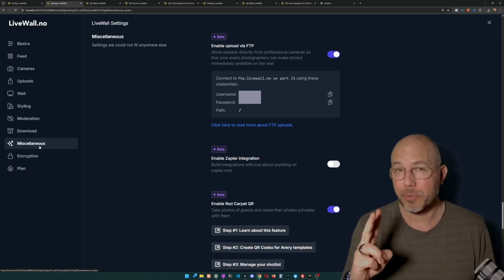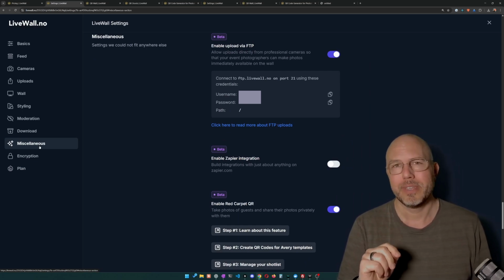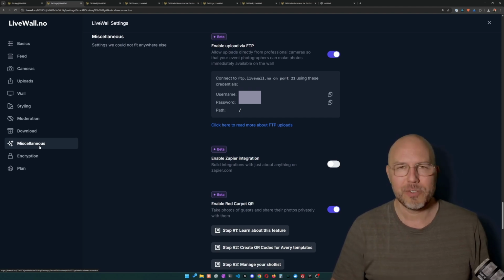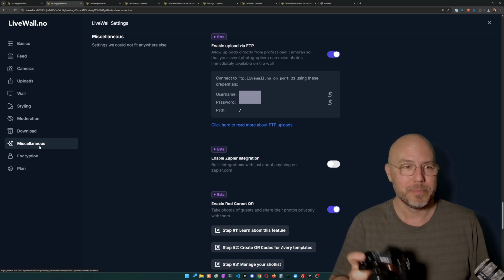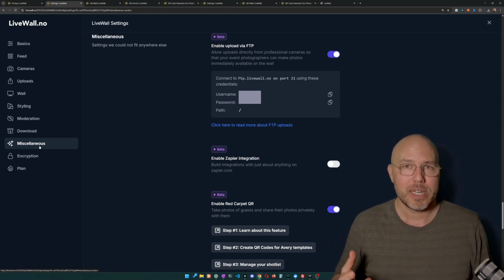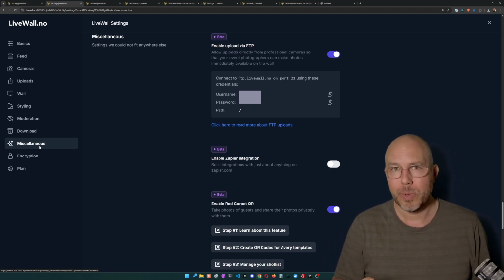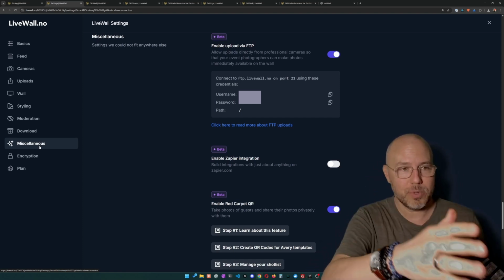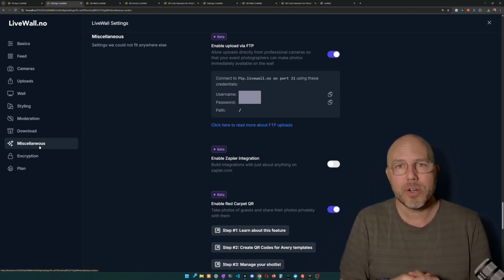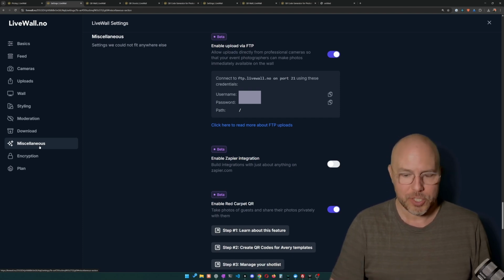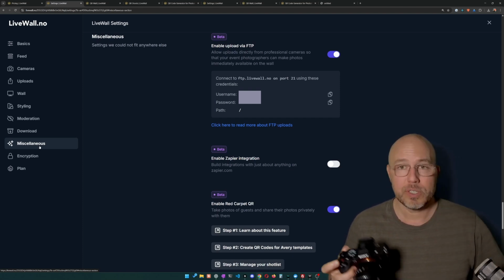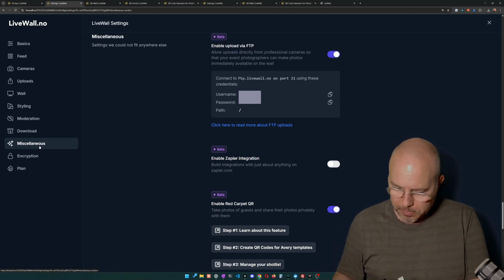You'll find two important features. Number one, enable upload via FTP. This allows me to instantly deliver photos from my camera to LiveWall. LiveWall runs an FTP server in the cloud, so that will always be the same. It's always accessible on ftp.livewall.no, and you can see your username and password on this page. So obviously what you want to do is to plug that into your camera. So if I connect my Sony here,